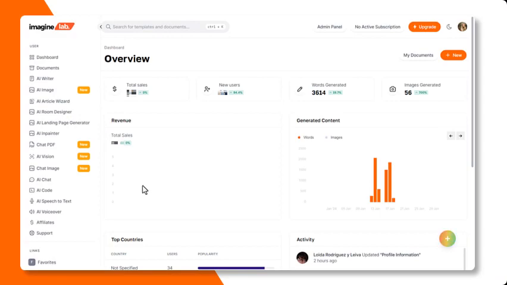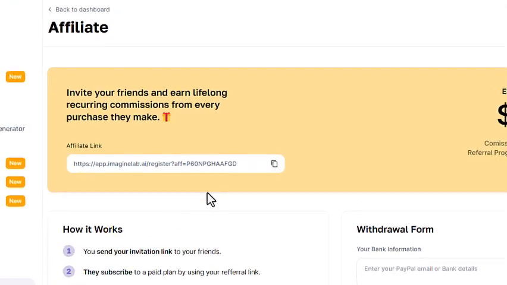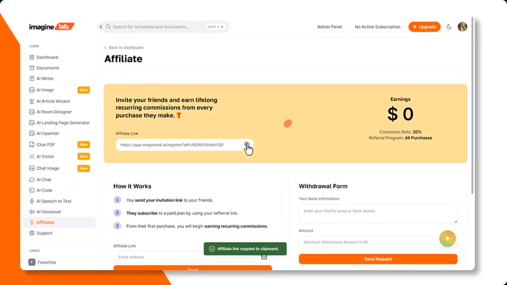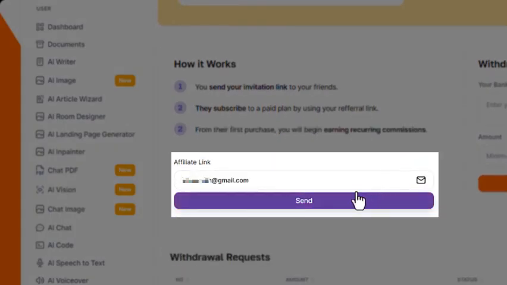Scroll down the left tab and click on Affiliates to be redirected to the invite page. Under the Affiliate section, click on the copy icon below your affiliate link. You can then share this link directly with your friends or enter their email addresses and click Send to share